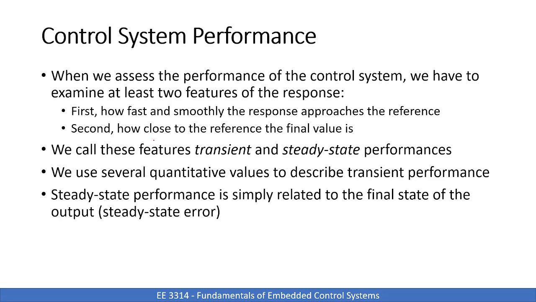Okay, so really we can divide the response into two basic features. First, how fast and smoothly the response approaches the reference. So how fast you're getting to the value you want, and how smoothly, in other words, if you have a lot of overshoot, is a factor. And second, how close to the reference the final value is. So at t equals infinity, what is the actual final value? Do we reach our desired value, or do we have some steady state error, right? So we call these